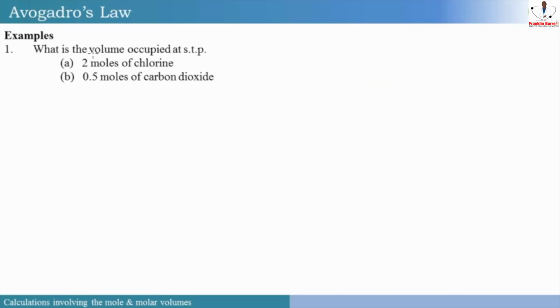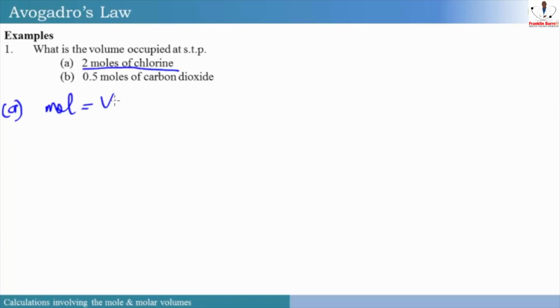Now, what is the volume occupied at STP for A, 2 moles of chlorine, and B, 0.5 moles of carbon dioxide? Now, if we're given this problem, the first thing we should do is understand that we are given 2 moles of chlorine. Now remember that chlorine is diatomic. So to do part A, we say that